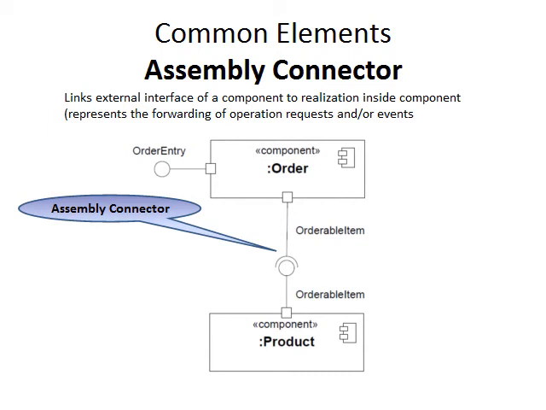One uses it, the other one provides it, and it's between two components. In this case, the colon order and the colon product are component types. And you can see the square box that connects the interfaces to the component. Those are called nodes, and may or may not be useful in the context of your design. So a component might be a physical component, in which case it has